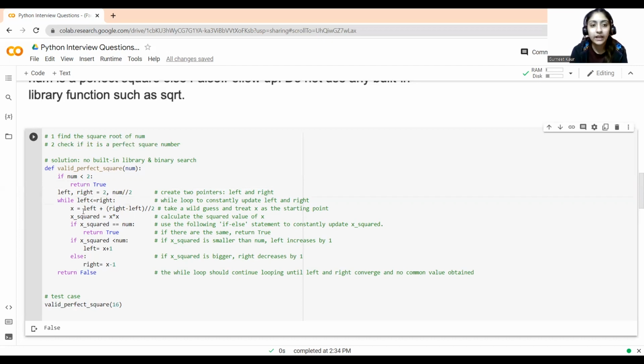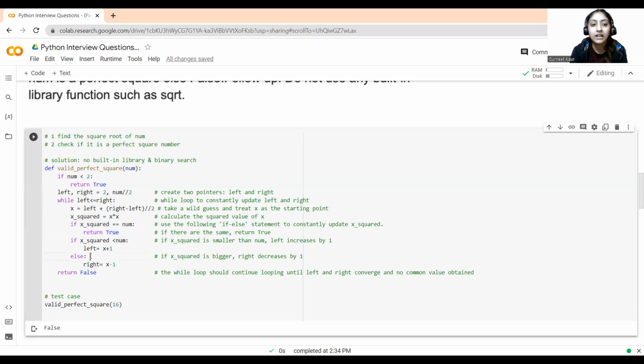So x is equal to left plus (right minus left) divided by 2, and I will calculate the square number. If the square number is equal to the number, it will return true. If the square number is less than the original number, then the left value will shift to the next number.